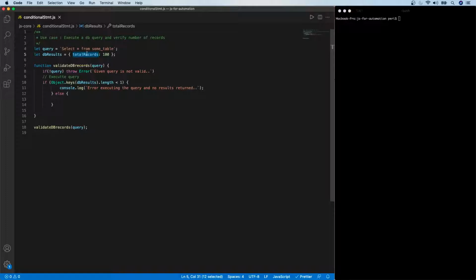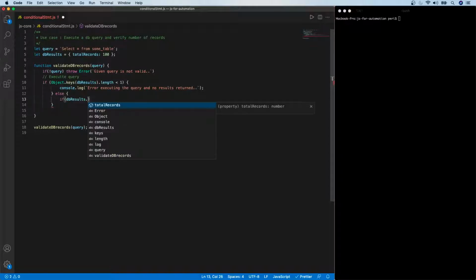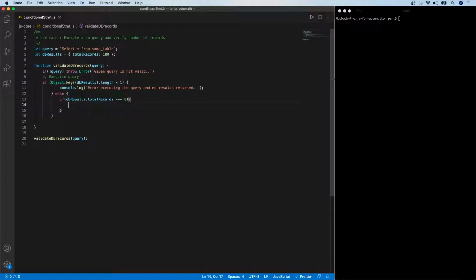When you deal with the possibilities, again we go with the inner loops, not inner conditions, right? So the else block: if there is a response, meaning there is something here, then what am I going to do? I'm going to say if this DB result is an object, and assuming that total records is my key here, it is going to be 0 for some reason, right? It means that there is no valid record in the DB. So I'm going to say just a 0 result returned,